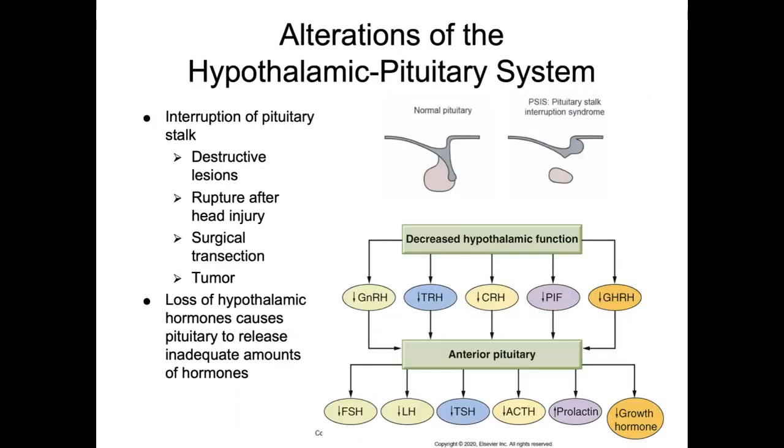We can also have an alteration in the hypothalamic-pituitary system. If you remember, our hypothalamus creates releasing hormones and inhibiting hormones that travel down to the pituitary gland and tell it to release or stop releasing certain hormones. And so we can have an interruption of that stalk, and this could be due to destructive lesions, rupture after a head injury, a surgical transection, or a tumor